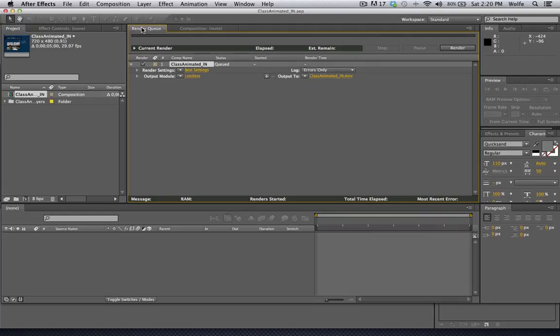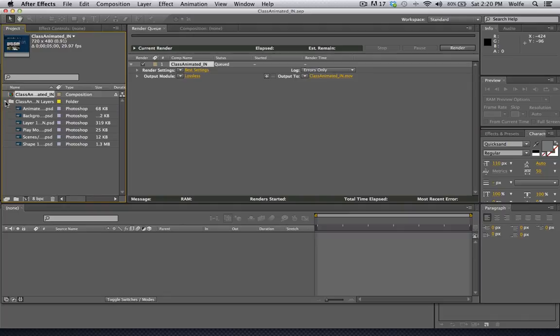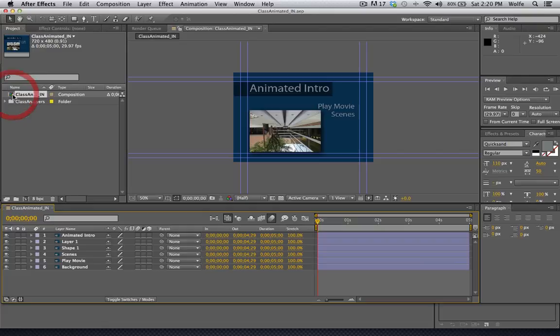Notice that After Effects will open up if you don't have it already opened up. Now I've taken my render queue and I've brought it up here just because I'm tired of it being down here. And what we have is all the layers of our Photoshop as well as this composition. So if I double click on that,